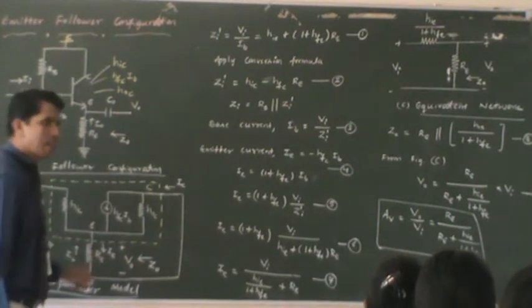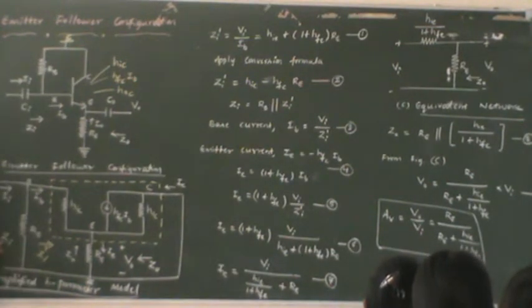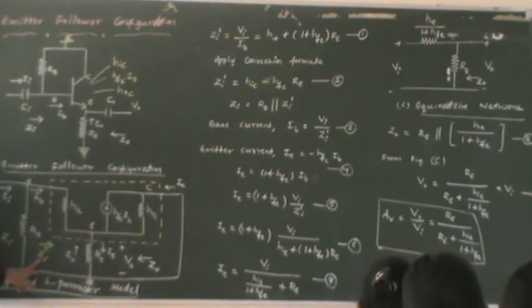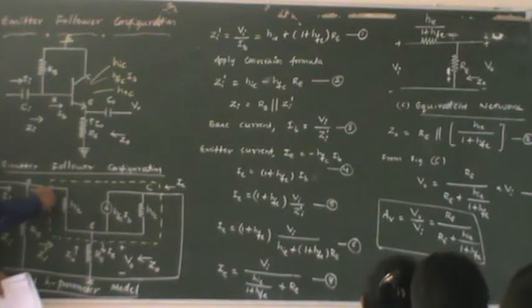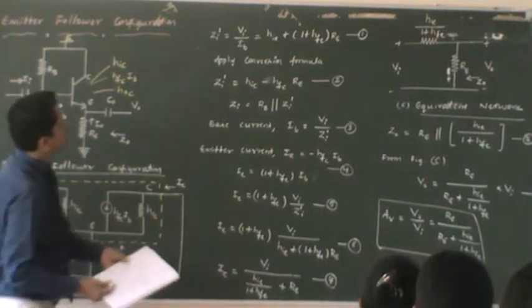Now let's start deriving the expression for Zi dash, but later on you can obtain the expression for the overall input impedance, which is Zi. A part of the input impedance is Zi dash, which does not include Rb. If you add Rb in parallel with Zi dash, it gives you Zi. Now let's find the mathematical expression for Zi dash. Zi dash is nothing but looking at this particular section. Zi dash can be written as the input voltage, because the voltage at these two points is the same as the voltage across Rb also. Looking between the base and the ground, the input voltage Vi divided by the base current Ib gives you Zi dash.